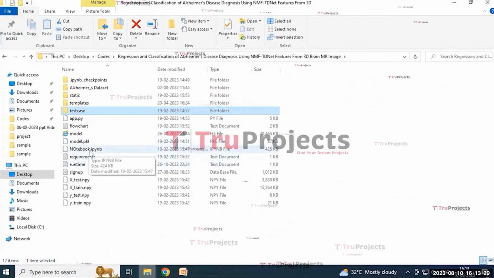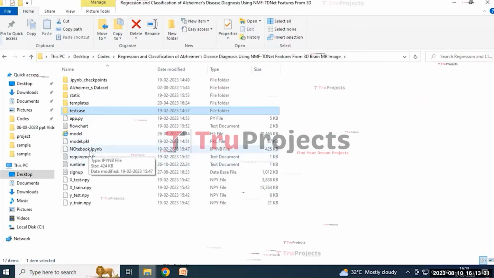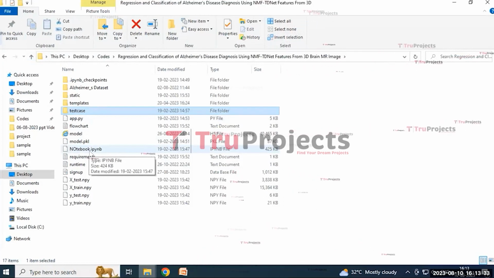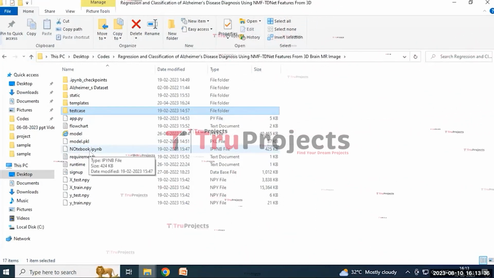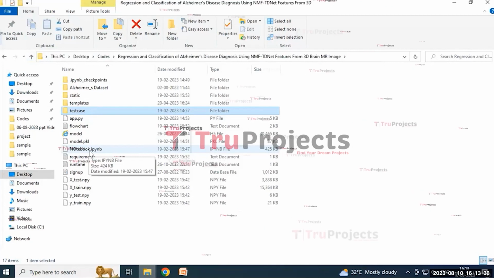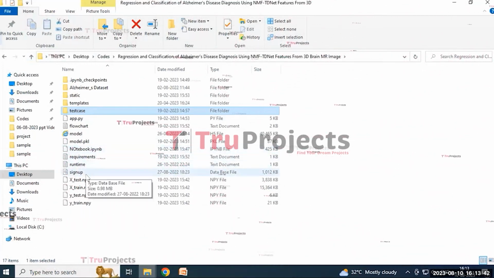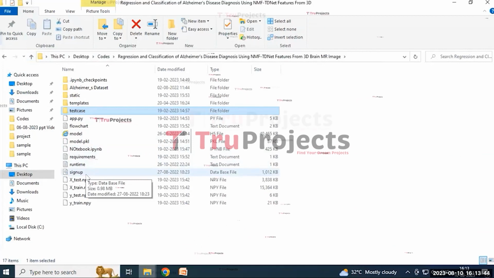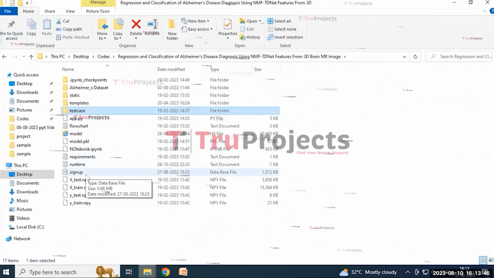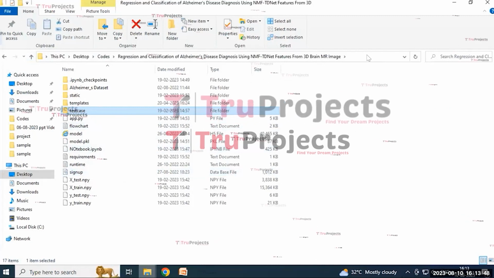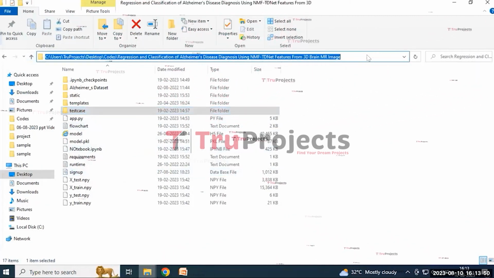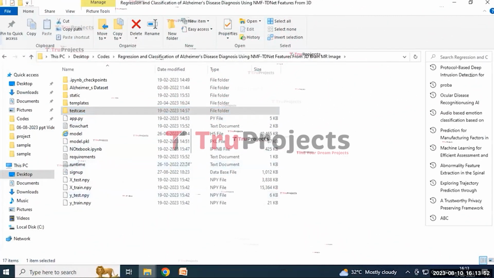And the notebook is an IPYNB file which contains a combination of code, graphs and output all in one place. It allows the user to write and execute the code in individual cells, making it a popular choice for data science. And signup.db appears to be the database file used to store the user information. And for the execution of the project, first we need to copy this code folder path and then open